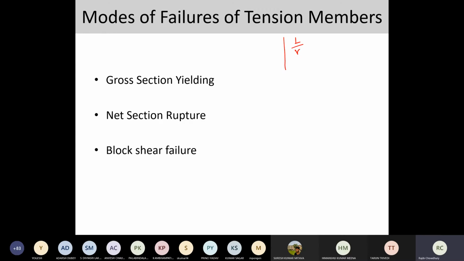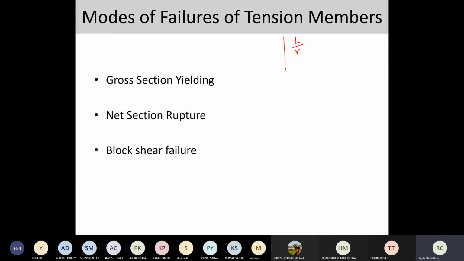Out of these three planes, or two planes, on which the load is acting or the member is being designed, you have to take into consideration the least radius of gyration. Now, this limiting slenderness ratio is required in order to prevent undesirable lateral movement or excessive vibration. So, undesired lateral movement or excessive vibration.